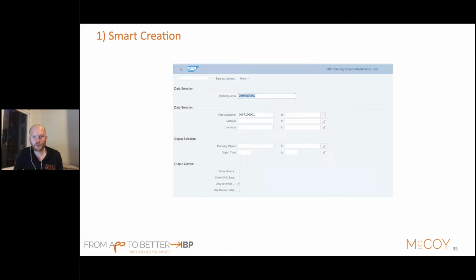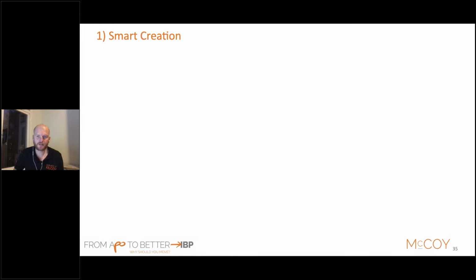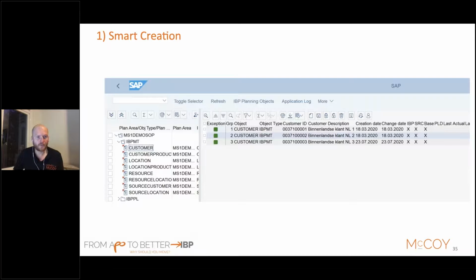You simply enter the tool, and when you are in the tool, you can make a selection. For example, I would like now for this new plan customer to create a new planning combination. When I'm in the tool, I can see that this customer does exist, which is indicated by the green traffic lights. So this customer does exist within my source system. And now I would like to make new product listings for this customer.